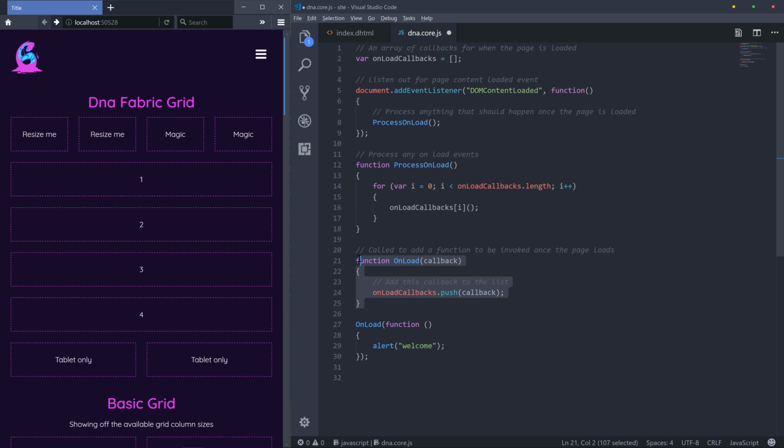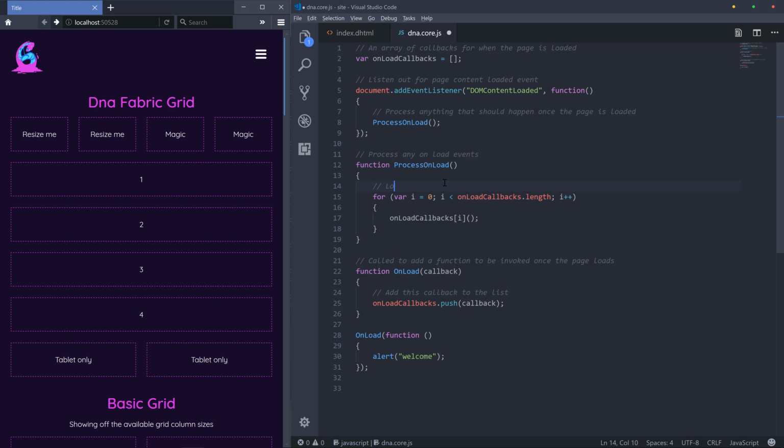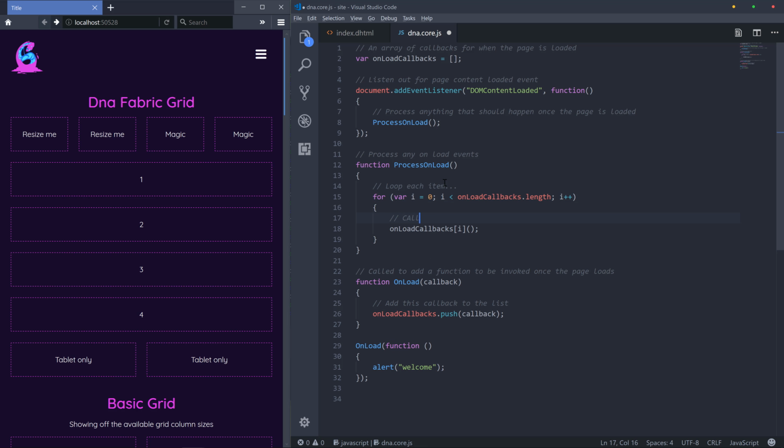So that's what we've done there. We've made a function. We've first listened for the document to load, and then we've called this function. This function then loops everything inside of the onload callback, and basically gets the item at that position in the array. So in this case, like the callback itself, and then we invoke it by doing this. So this is just like calling a function, like calling onload and calling it. But the difference is we're calling the callback that was passed in. So we're calling like this function. So that's what's happening there. So loop each item, call the